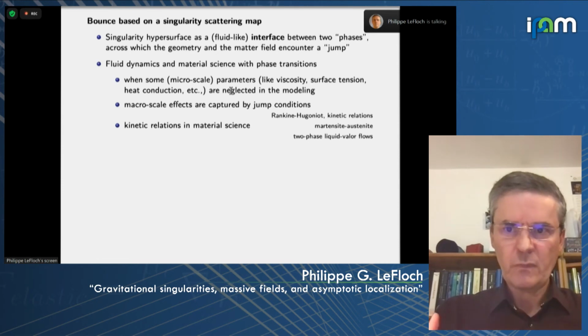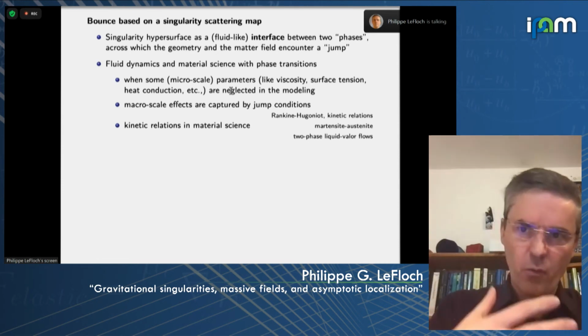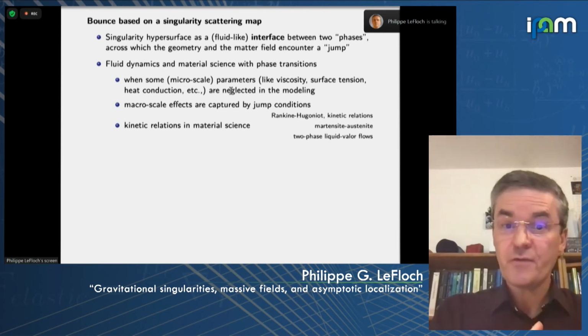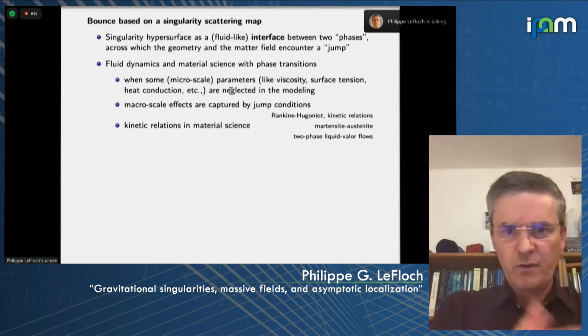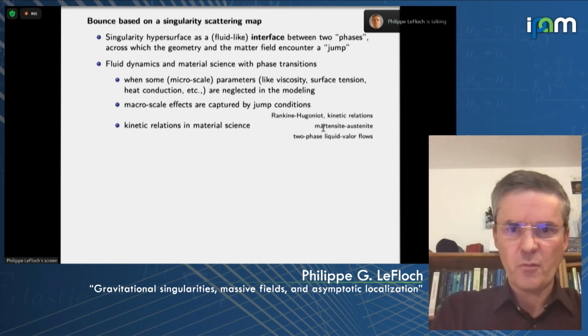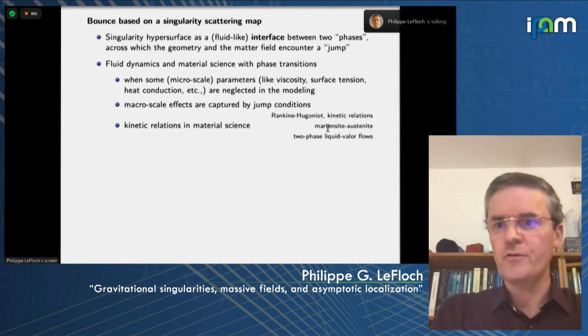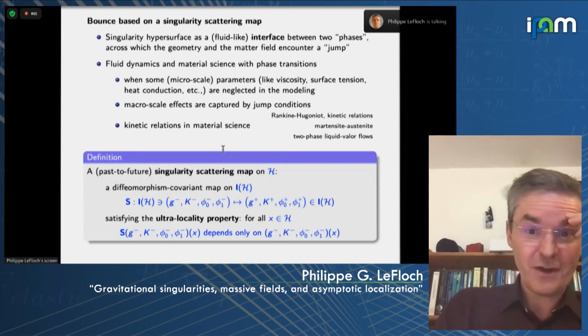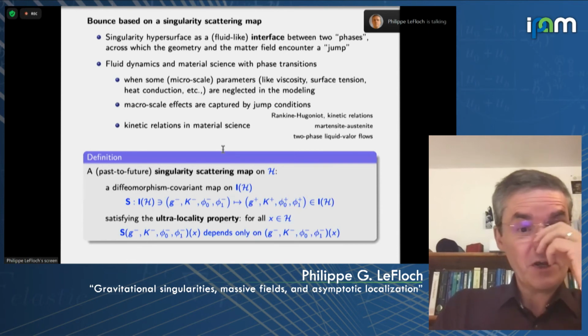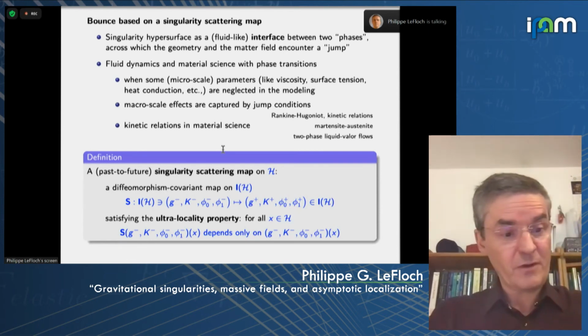And it is these effects that are going to produce a certain Rankine-Hugoniot relation that is universal, and a kinetic relation which is model dependent. And another situation maybe I didn't mention is a Martensite-Austenite situation. In material science, this is an interesting application of this concept for two-phase flows. So anyway, in the context of gravitational